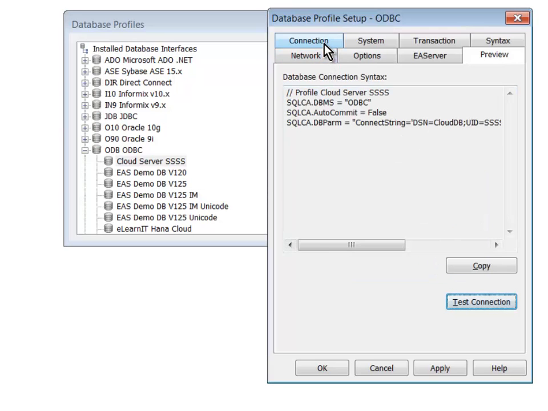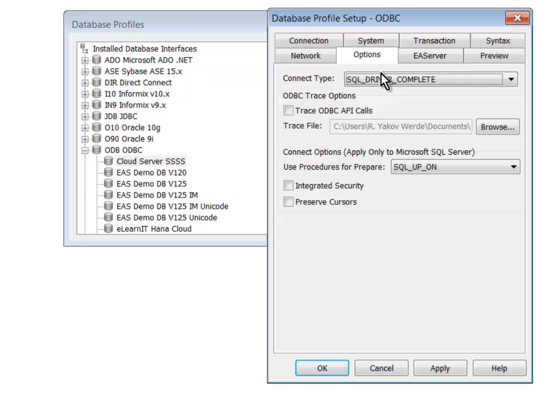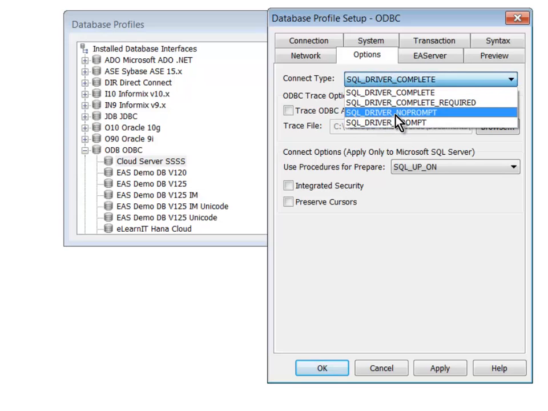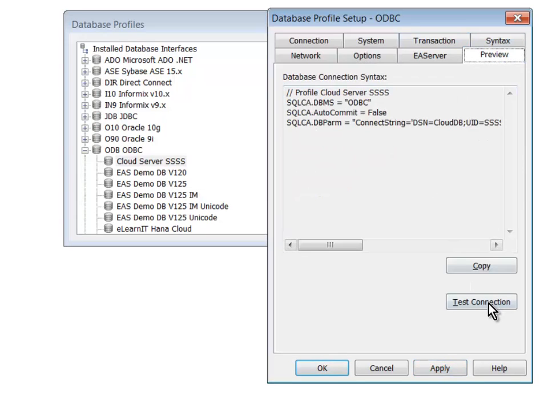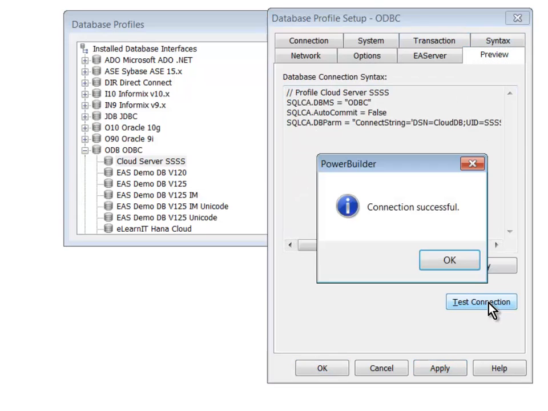Well, I don't want to see that secondary dialog, so now I'll go into the Options tab and I'll specify SQL Driver No Prompt, apply. Now I'll go over to the Preview and test the connection again, and voila,